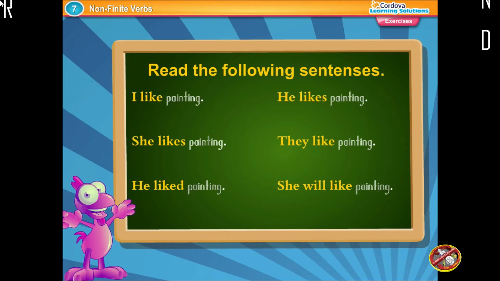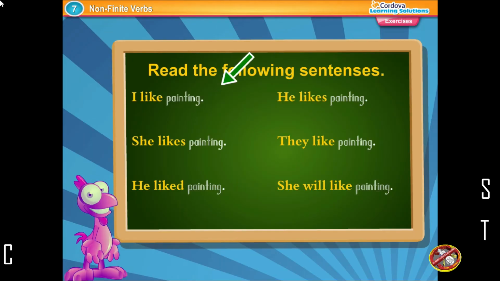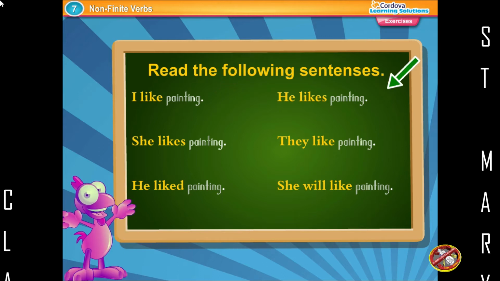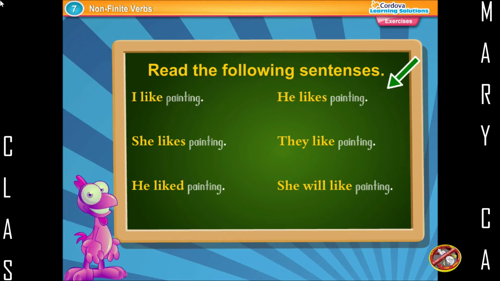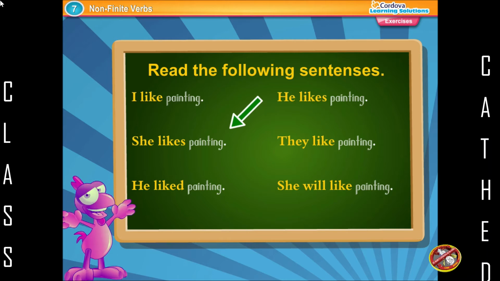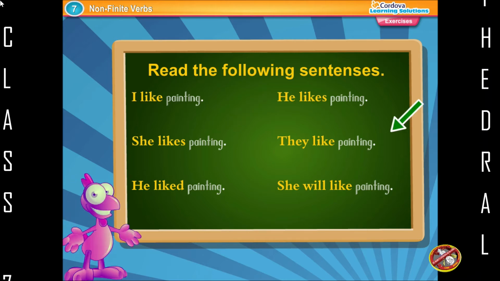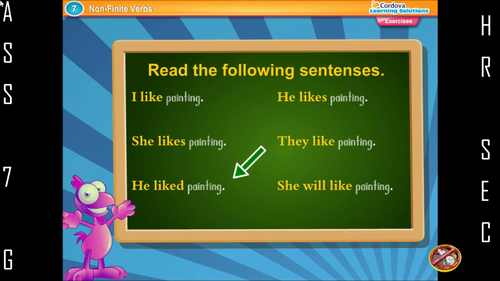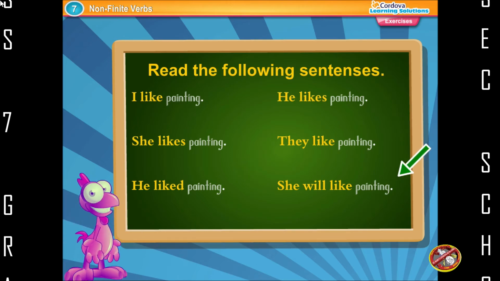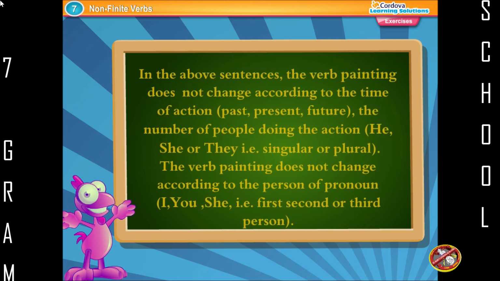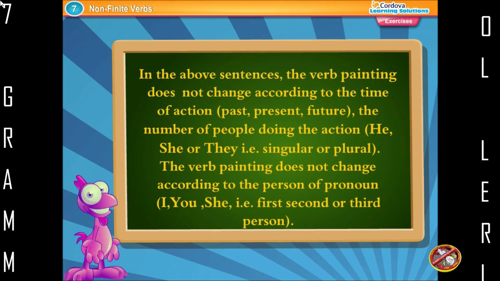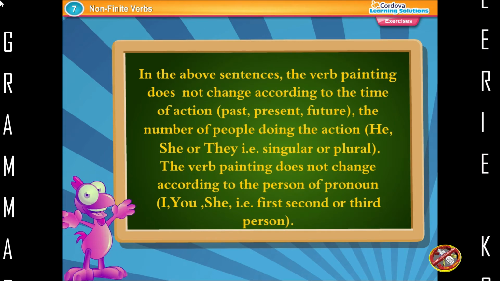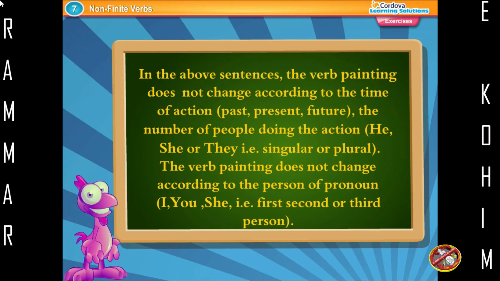Read the following sentences. I like painting. He likes painting. She likes painting. They like painting. He liked painting. She will like painting. In the above sentences, the verb painting does not change according to the time of action,